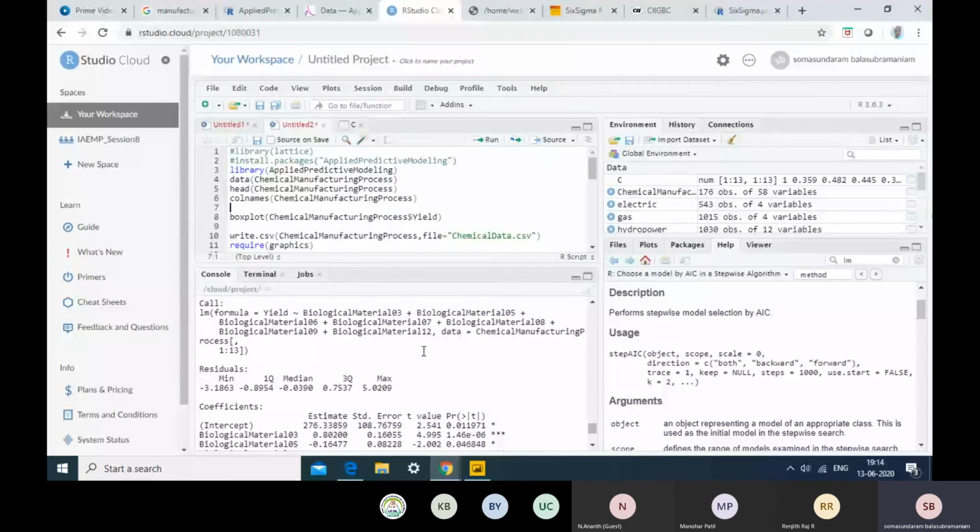raw material characteristics, we will also add the manufacturing process critical to quality parameters and see how the yield can be improved, especially without having columns which have NA. Okay, so we will eliminate those NA values and we will do the step AIC function. And from the linear regression, we will go to some complex models like say a decision tree or a random forest kind of models, and we will see whether we will be able to predict the yield, and this will come handy